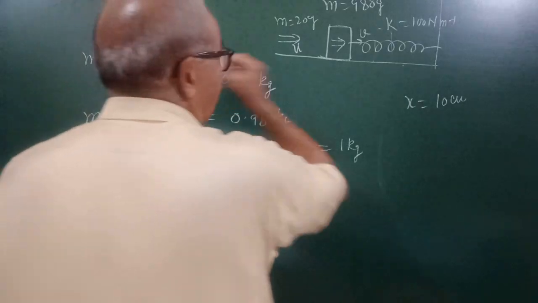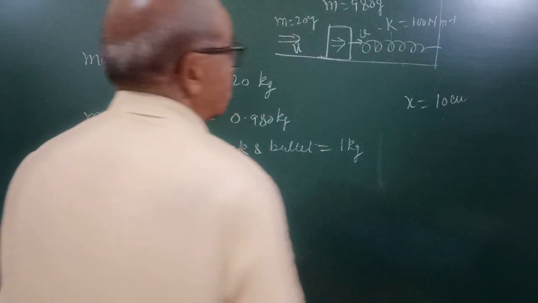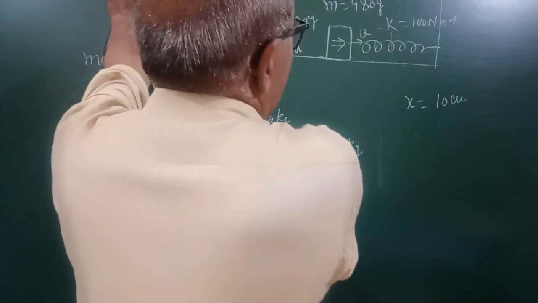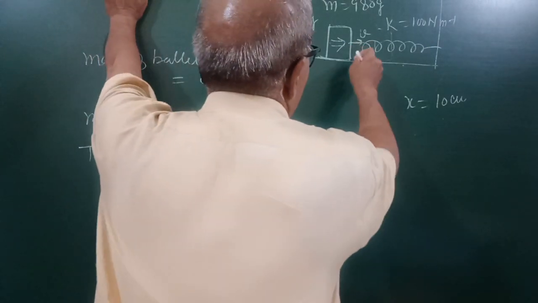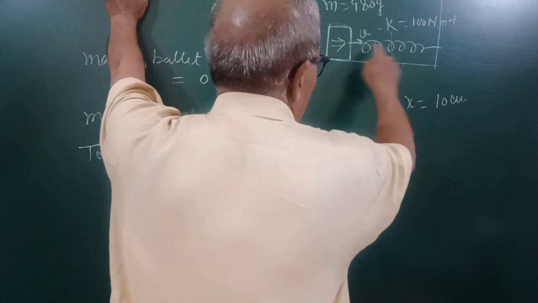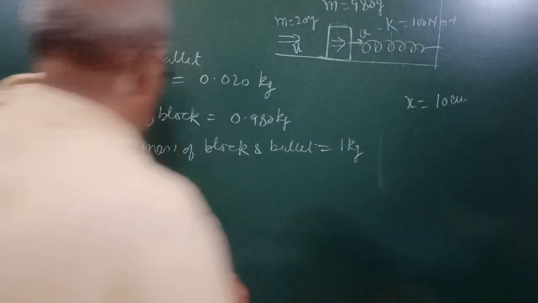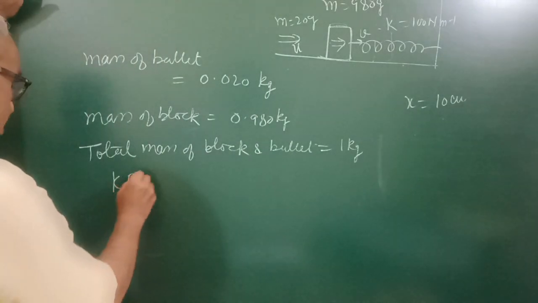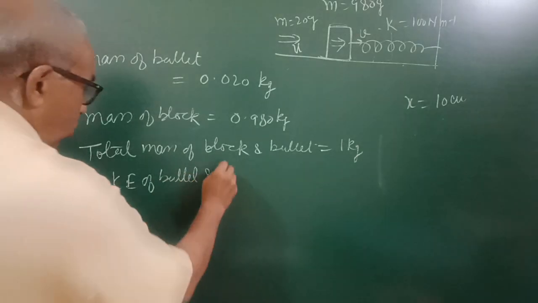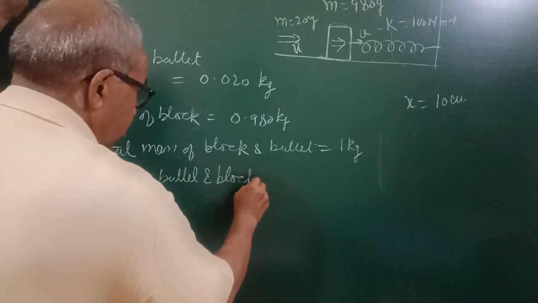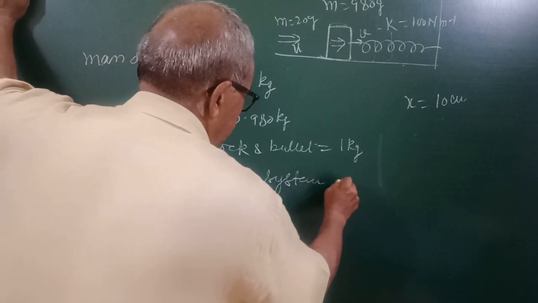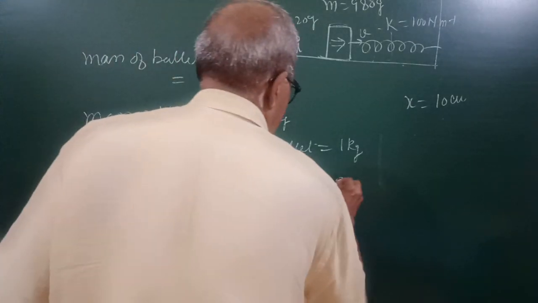So the 1 kg mass starts moving as the moving bullet gets embedded into it together, and the kinetic energy of the block will be stored in the form of potential energy. The kinetic energy of the bullet and block system after collision